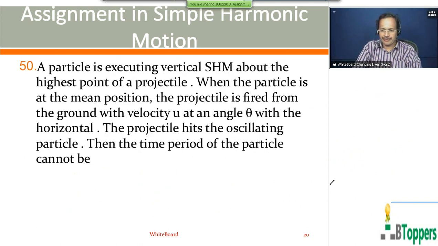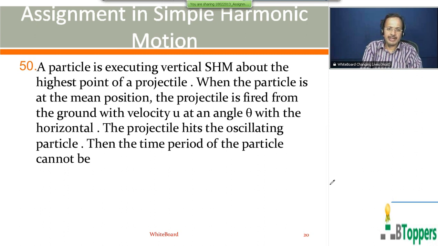See the question number 50. A particle is executing vertical simple harmonic motion about the highest point of a projectile. The particle is at the mean position. The projectile is fired from the ground with velocity u at an angle theta with the horizontal. The projectile hits the oscillating particle. Then the time period of the particle cannot be